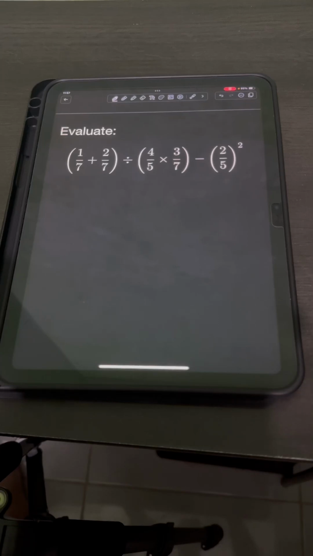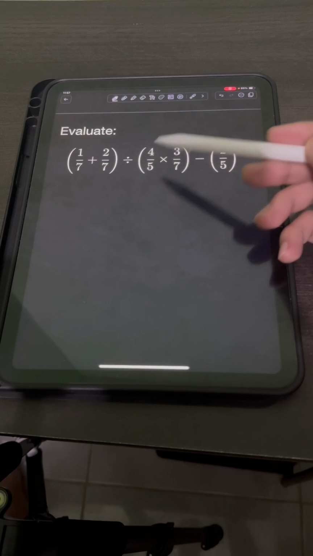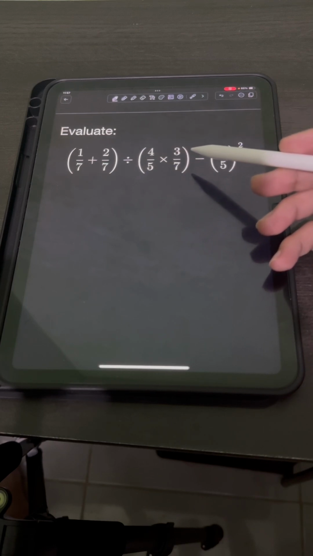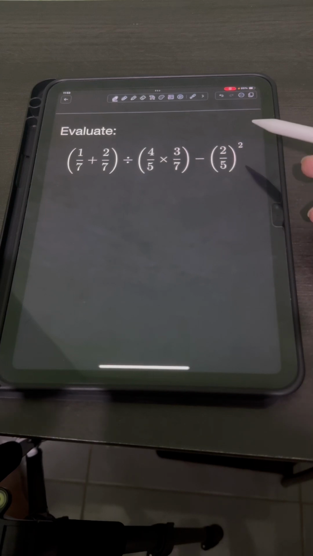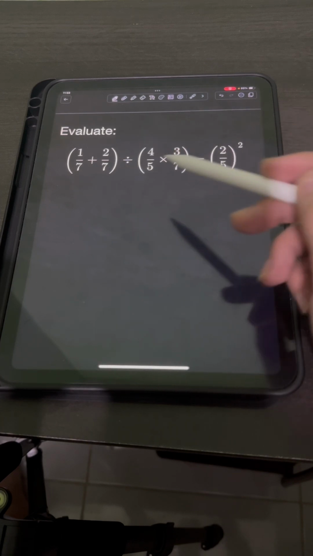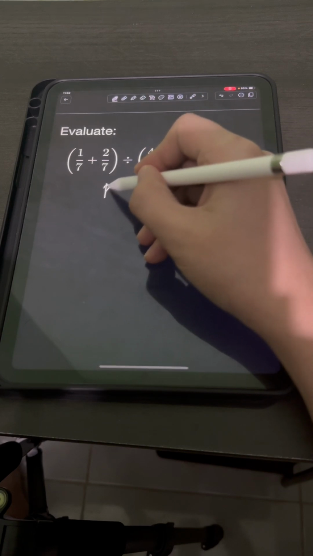Let's solve this problem. Evaluate quantity 1/7 plus 2/7 divided by quantity 4/5 times 3/7 minus quantity 2/5 squared. So we have a series of operations for fractions. To evaluate or simplify this expression, we need to use PEMDAS for the order of operations. So using PEMDAS,